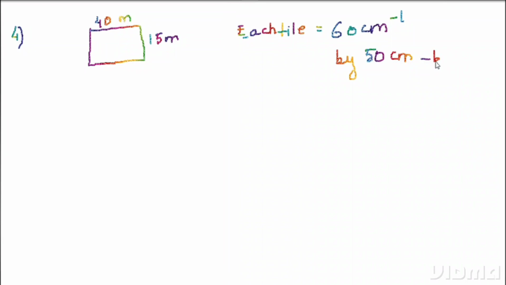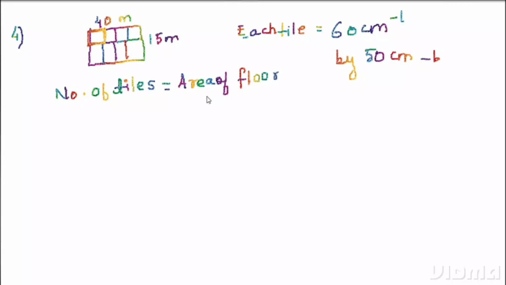Now you have to find how many tiles will be required to cover this. So this is a rectangular floor. Now I am covering this with tiles like this, like this, like this. I covered it with tiles, and they have given you the area of each tile. So you have to find the number of tiles. What is the number of tiles going to be? Yes, it is the area of that rectangular floor divided by the area of one tile. That is giving me the number of tiles. Because they have given me the floor and they have given me each